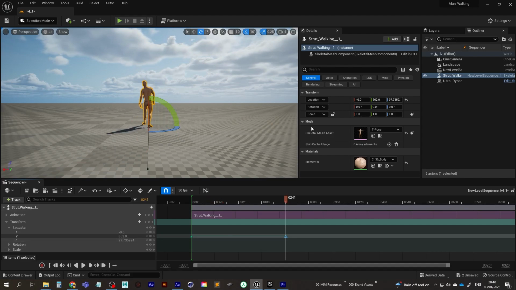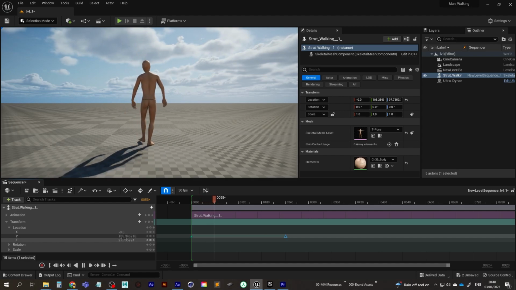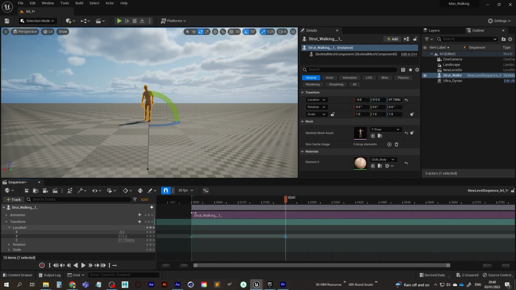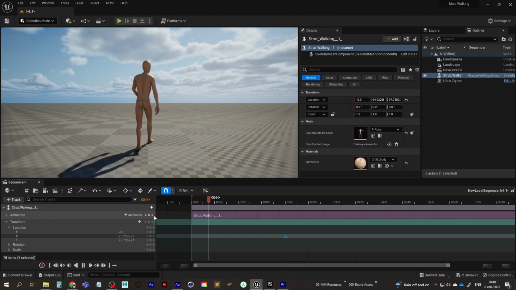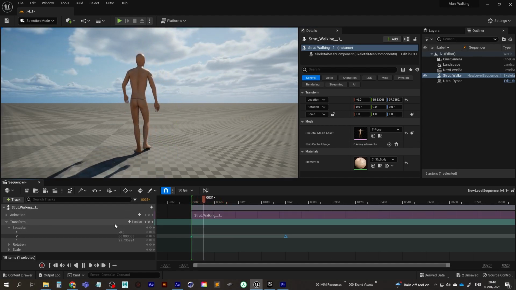So we'll jump to the next keyframe, push him further along, and then reset the keyframe. Let's have a look at that. So we're going to have to push him further along again. Reset the keyframe. And that is looking pretty good.